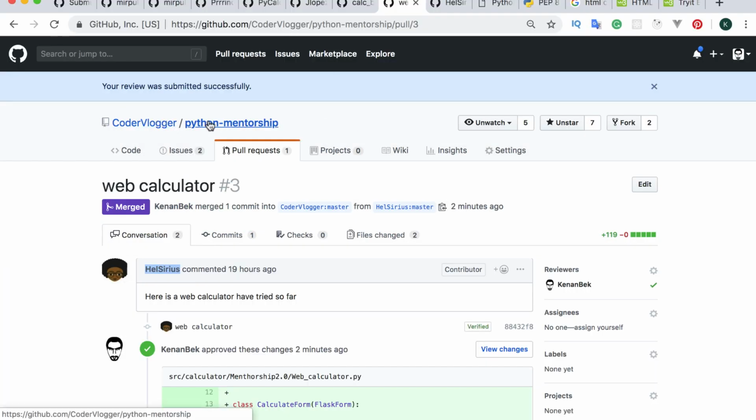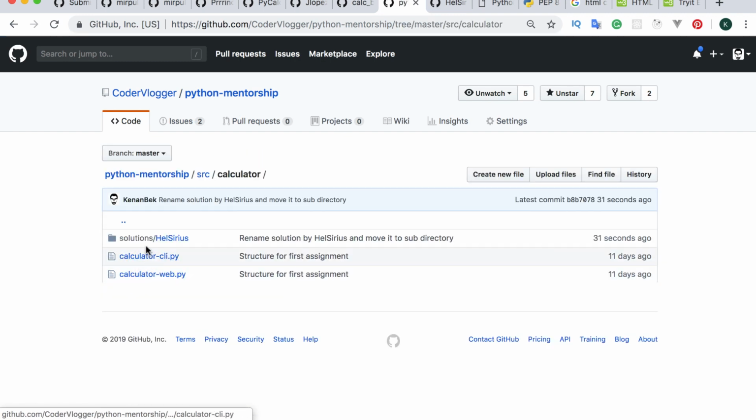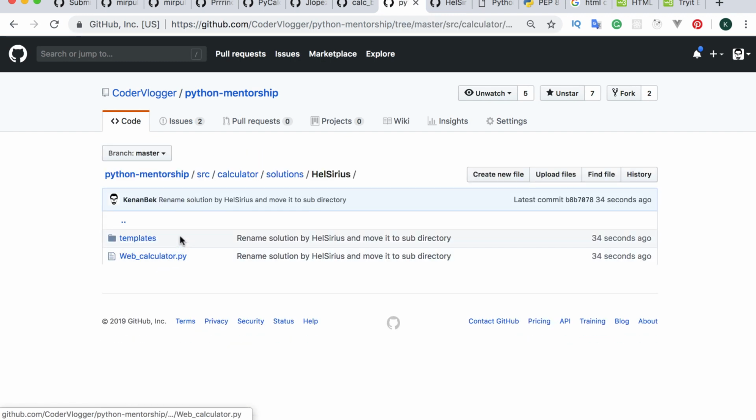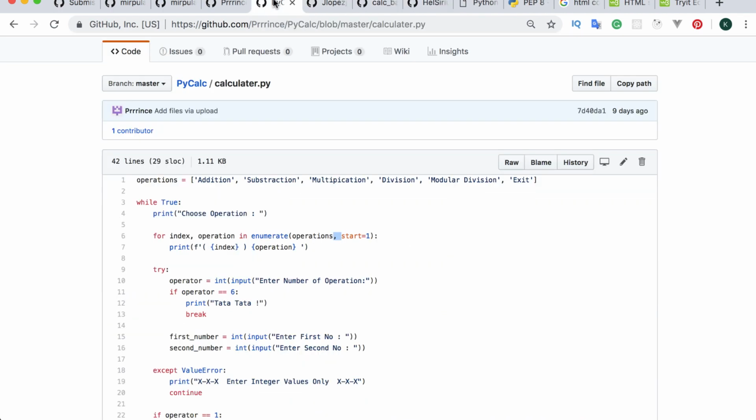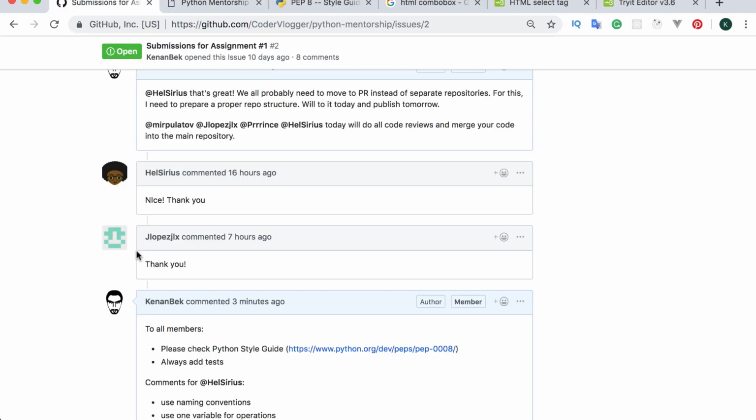So if I go to the mentorship, if you do fixes, you will see that your code now is under the solutions folder. So you can make a pull request and update this file. Then I will accept your pull request if you did all the fixes properly. So now let's close unneeded tabs, and now I will merge